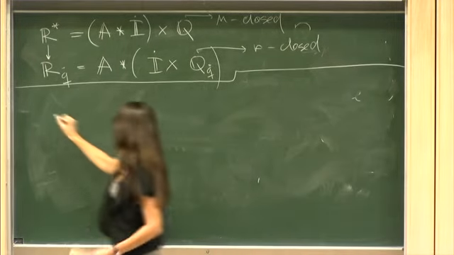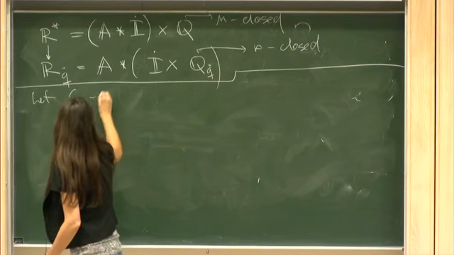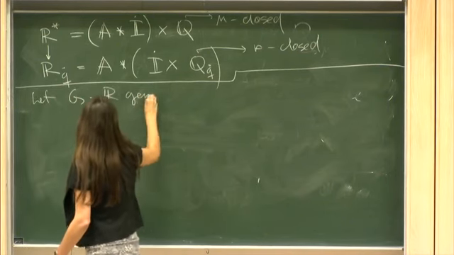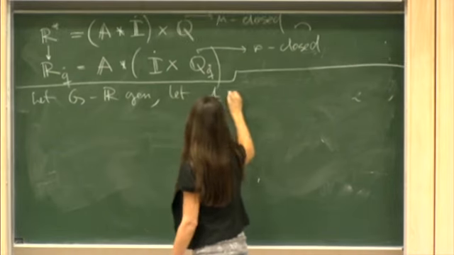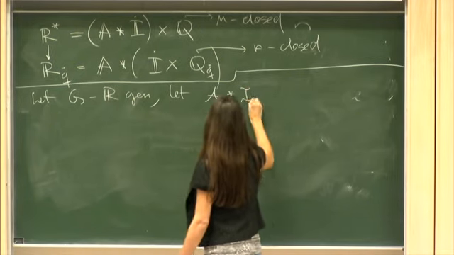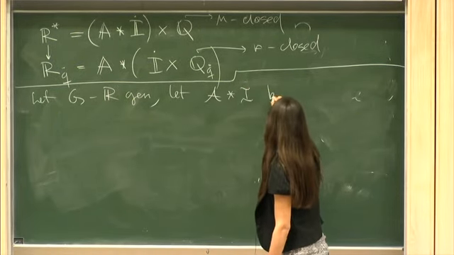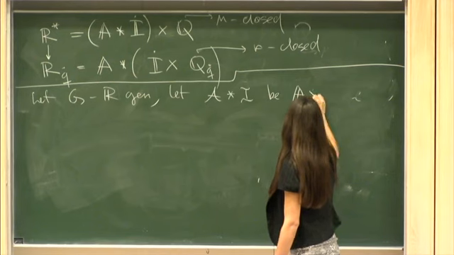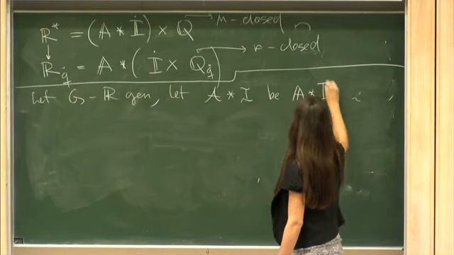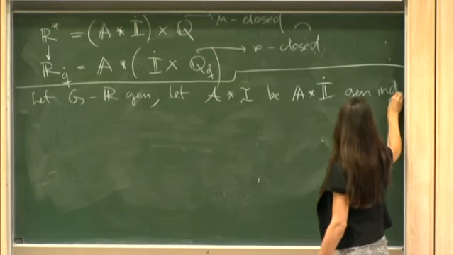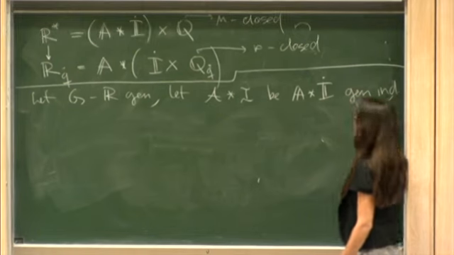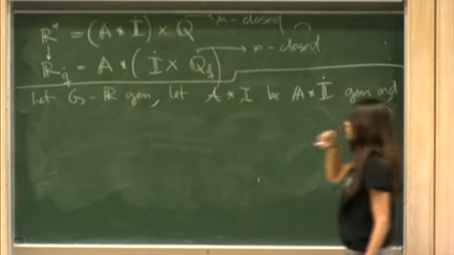Okay. So let G be R generic. So let script A star I be A star I generics induced by G. Okay. So far, so okay. Now, for every